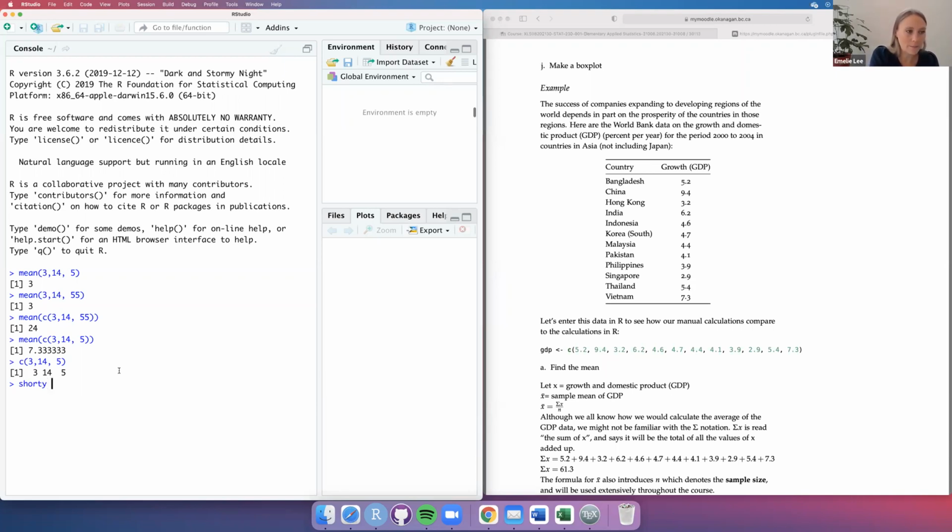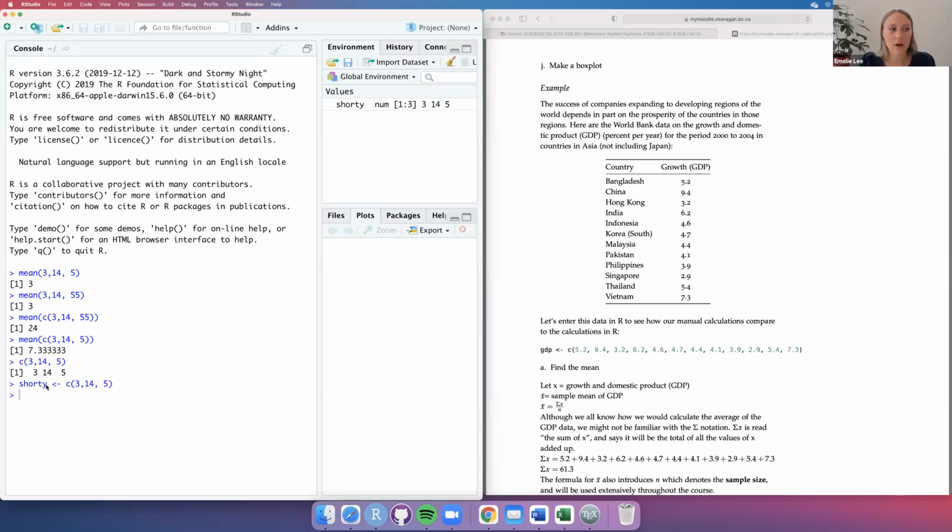And then I like to do a space sometimes. You don't have to do a space, but just to visualize it a little bit better, sometimes I'll do spaces around, but spaces don't matter, right? And so it'll just ignore spaces. So if we name shorty, and then I just copied and pasted that C, 3, 14, and 5. So then when I run it by hitting enter, right? So when I run it,